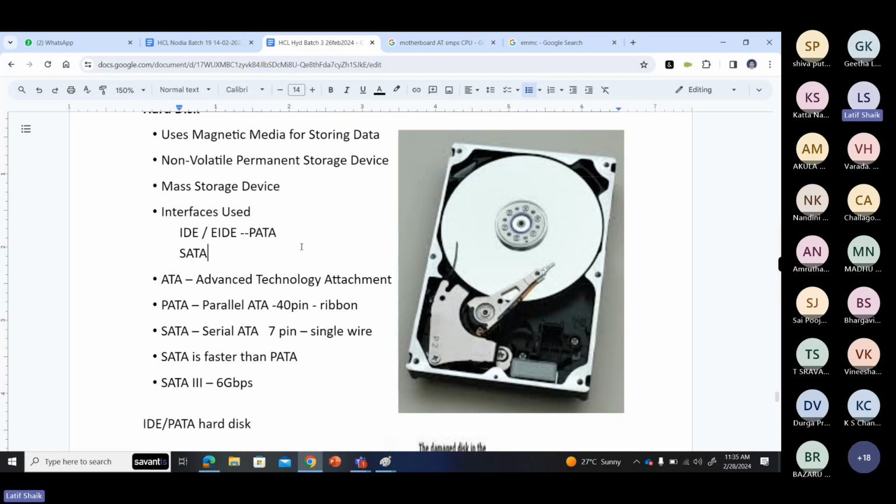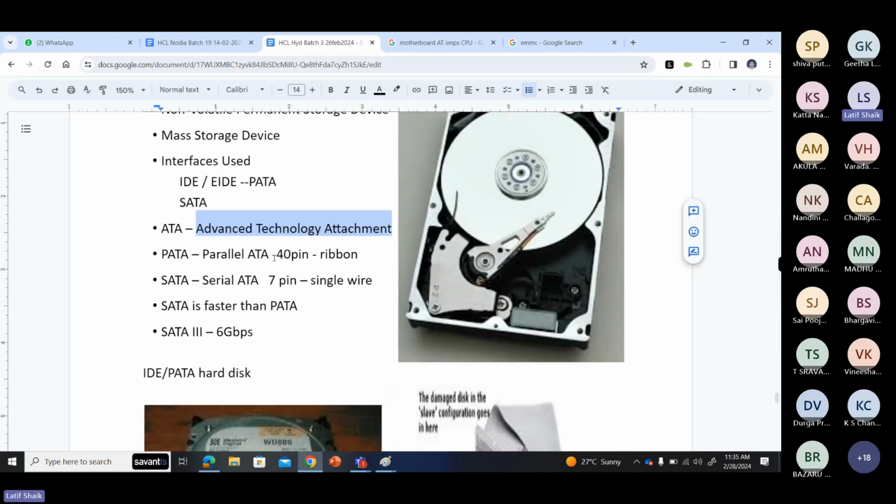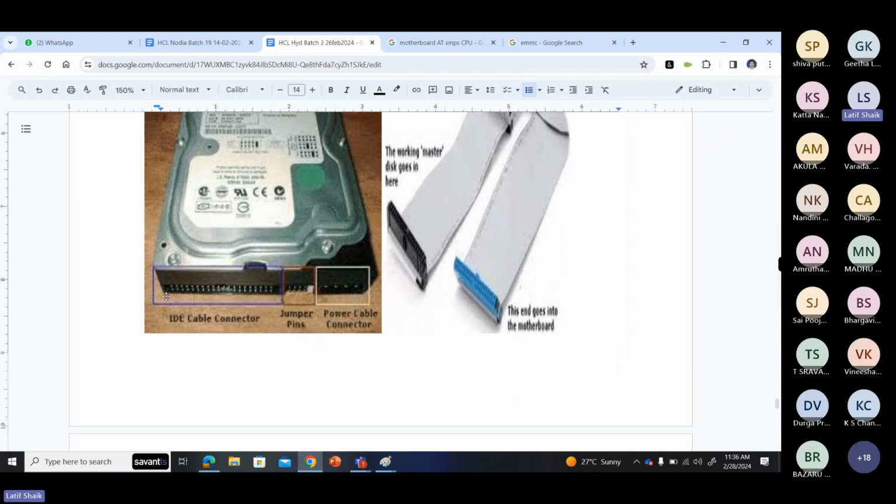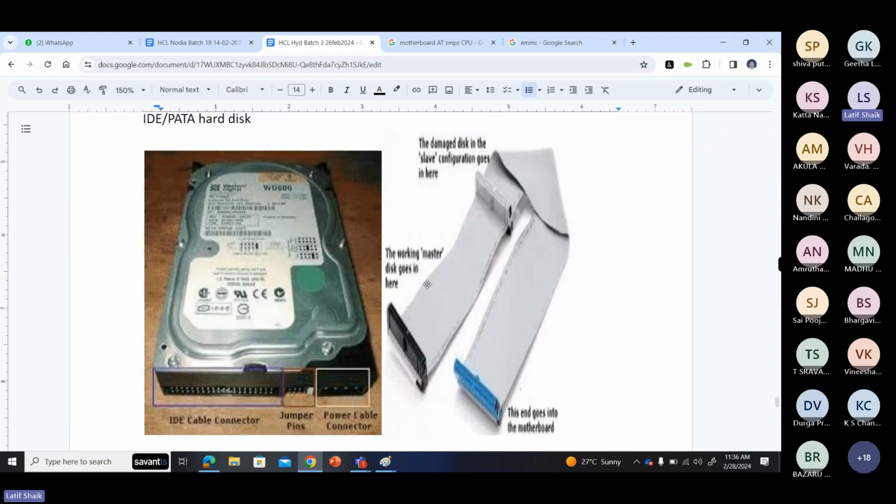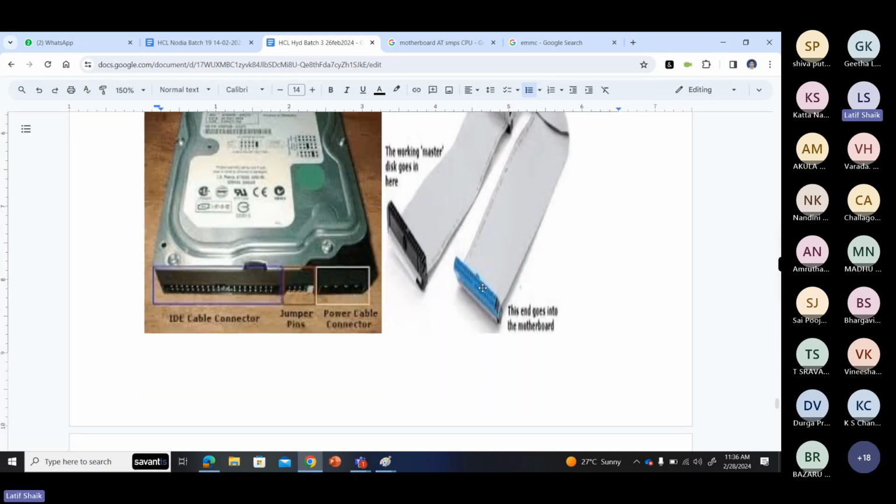Advanced technology attachment. This is a connectivity technology from your hard disk to your motherboard. In that, parallel advanced technology attachment means PATA. For a PATA type of disk, the connector has 40 pins. You have to use this ribbon cable to connect it. With one ribbon cable, you can connect two hard disks. Think like this. This is the blue one. The blue one is,